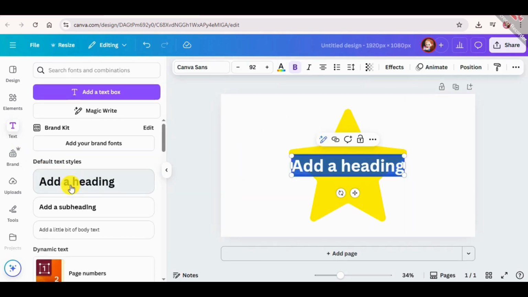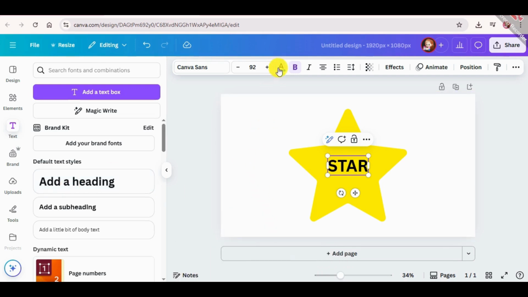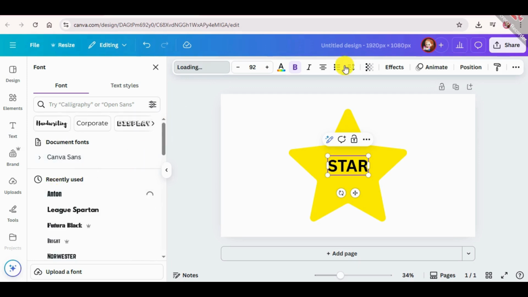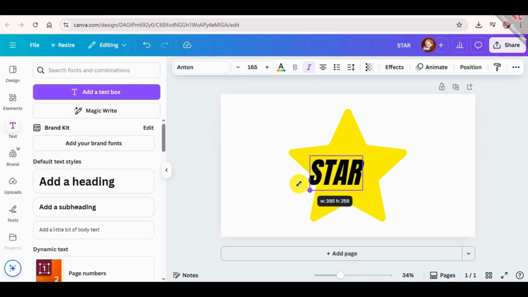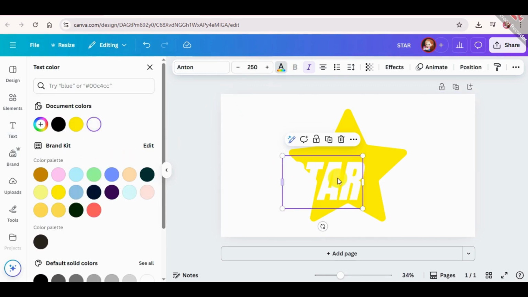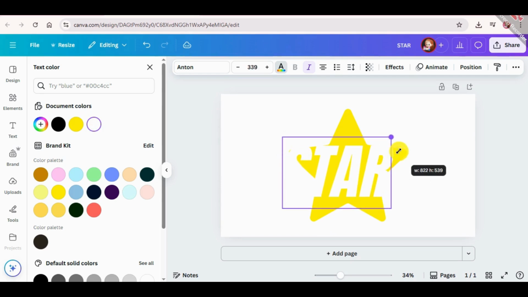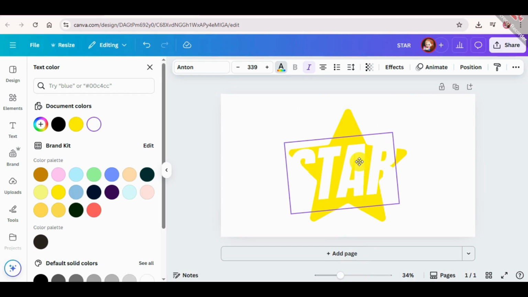I'm gonna add a heading and type in here a star. I'm gonna change this font to engine. I'm gonna make it italic. And I'm just gonna resize it and change its color to white. I know it's not visible, but trust the process. And I'm just gonna adjust it